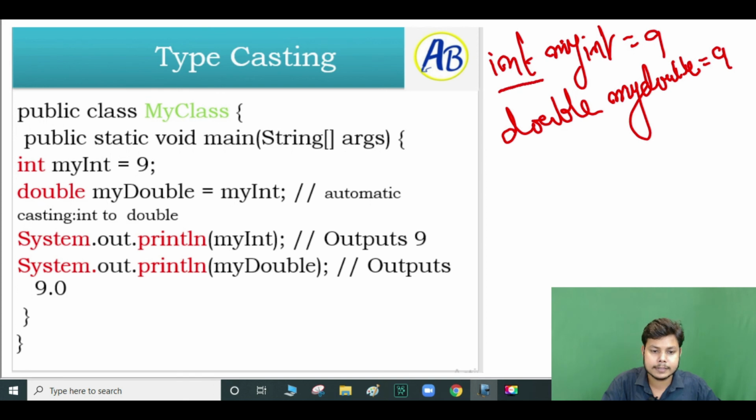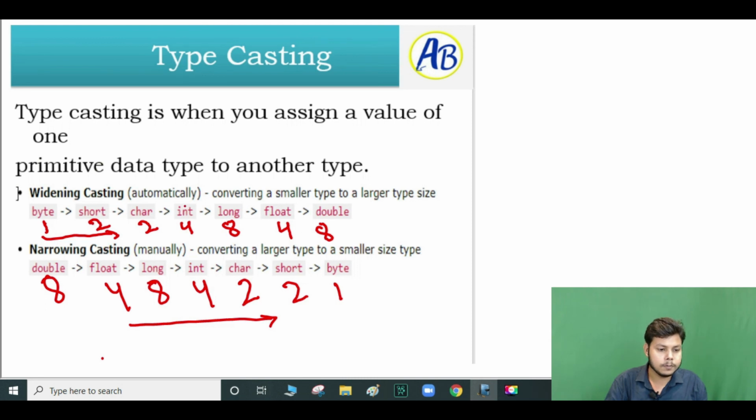We have to initialize this myInt into a container of integer which has 4 byte of size. But we are asking to increase, we are asking for double myDouble is equal to myInt. Sorry, here we must mention myInt only. Getting it? So what will happen is that it will automatically increase the size. As you see in the previous, we are doing int to double, so it will automatically change.